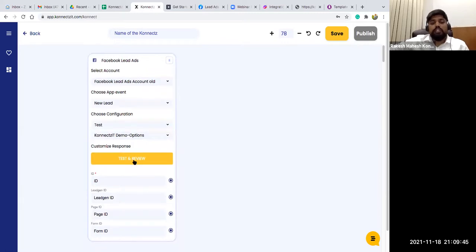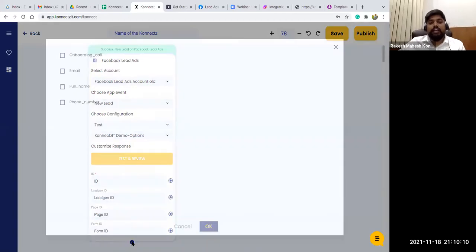Once you hit this button, it will fetch a sample record from Facebook lead ads, and it's also a notification that your app is integrated successfully and Connexit is able to fetch the records from your lead form. This plus icon is where you can select additional attributes.